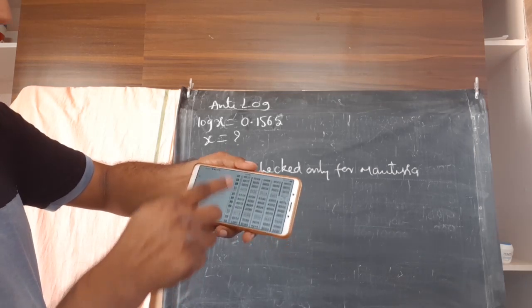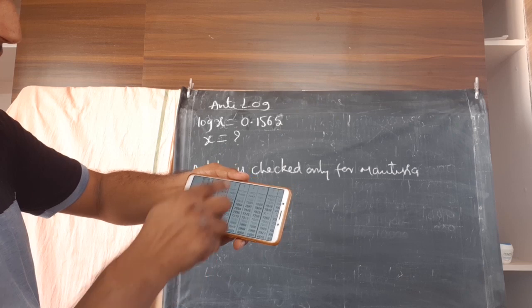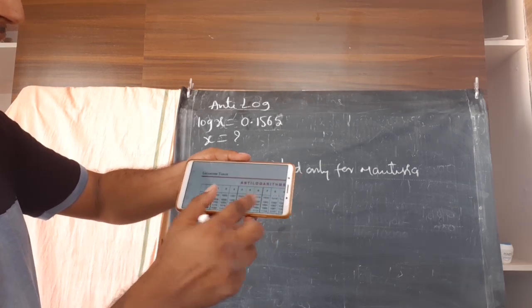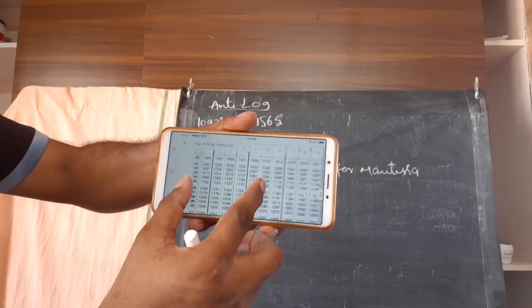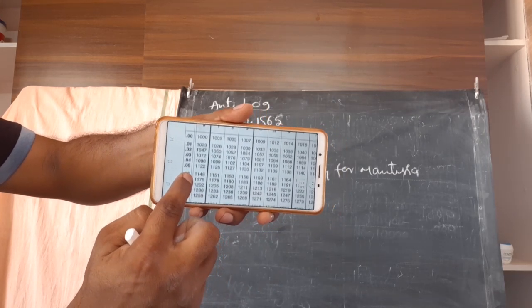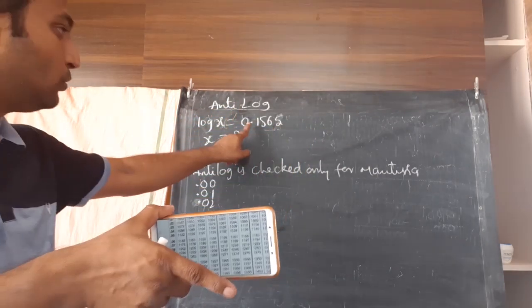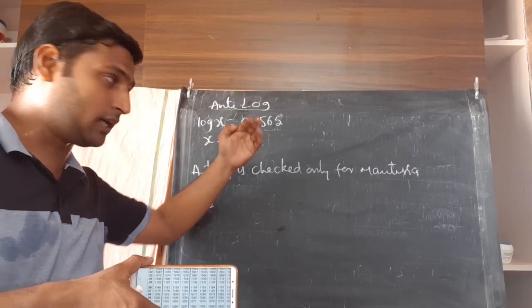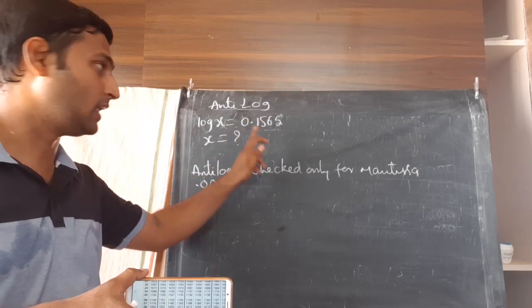Anti-log table. Let me scroll down. This is the anti-log table. As I told you, the left extreme will contain 0.00, 0.01, 0.02, 0.03 and so on. You are noticing, right? Now, the first two digits I have here is 0.15. As we took in case of logarithms, 0.15 under 6 plus mean difference 5. That is how I should check.